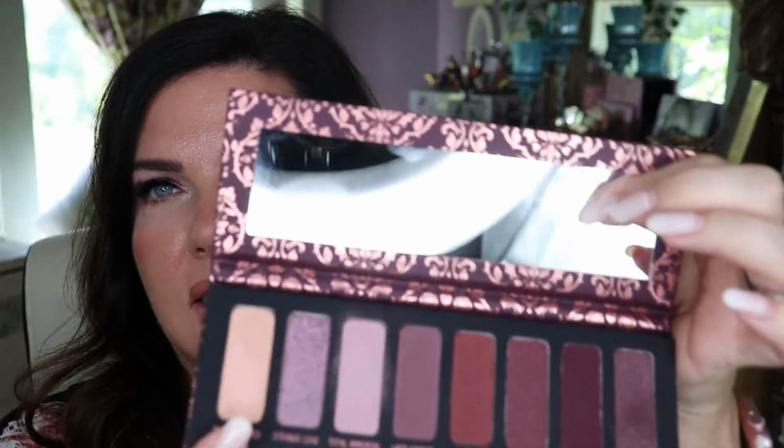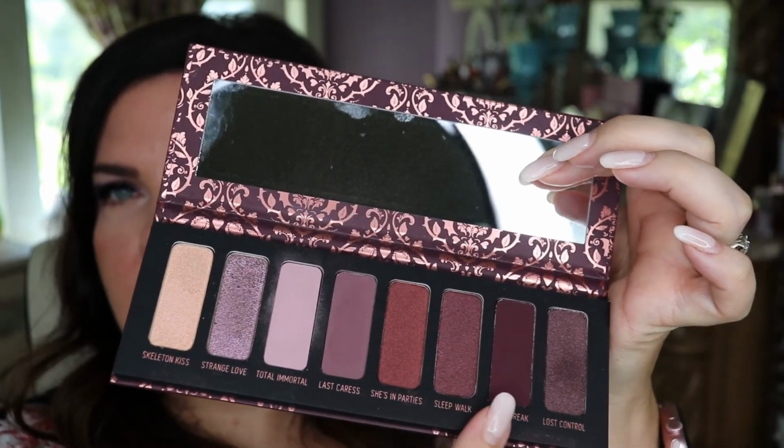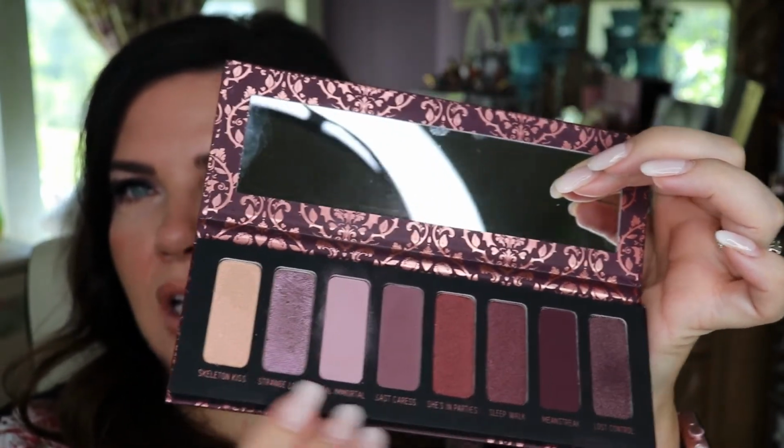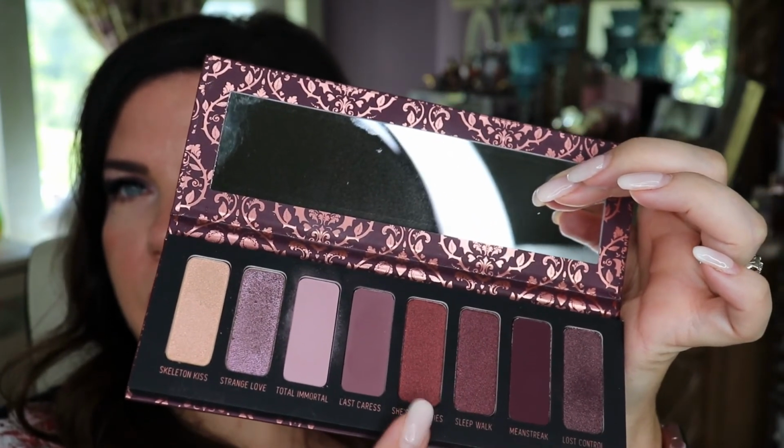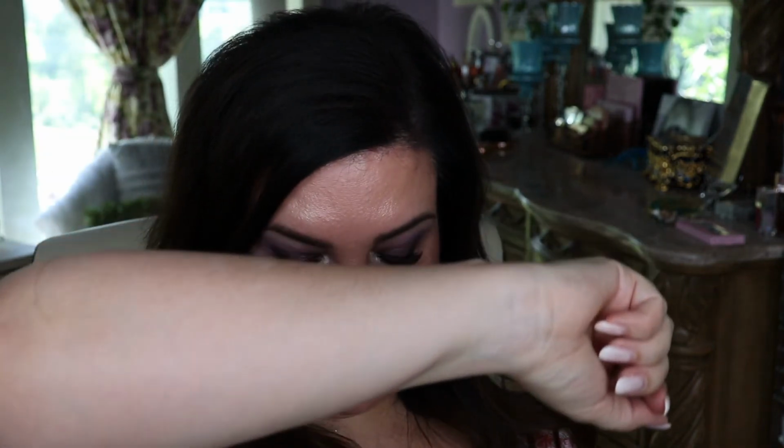For me, this particular shade, maybe you could do something with this one, this one, this one, and this one, and you wouldn't get such a purple look. This one on the eyelid, and then this one maybe in the crease, or this one in the transition area. And also, to me, it has a nice combination of finishes. She's in Parties and Sleepwalk look a bit like they might be a satin, and then Mean Streak, Last Caress, and Total Immortal are mattes, and then Skeleton Kiss, Strange Love, and Lost Control are, but anyhow, I will swatch it for you. So we'll start out with